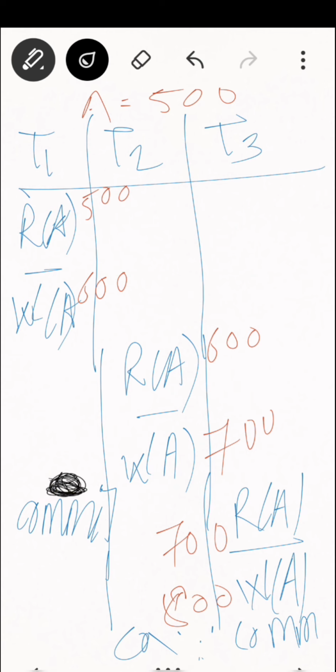आता बघा, here I am reading the value of a as 500, I am writing the value of a as 600, means temporarily the value has been written as 600, but before committing the transactions, म्हणजे हे 600 रुपीज तुमच्या डेटाबेसमध्ये परमनंटली अपडेट होण्याच्या अगोदर इफ देर इज अ पॉवर फेलियर, जर पॉवर फेलियर झालं तर काय होईल?